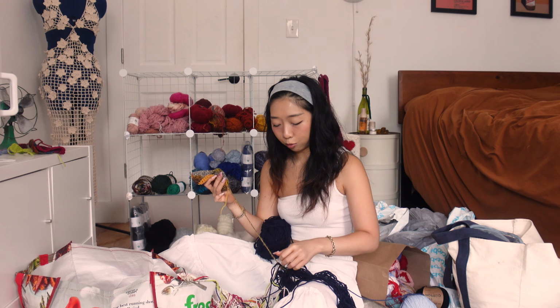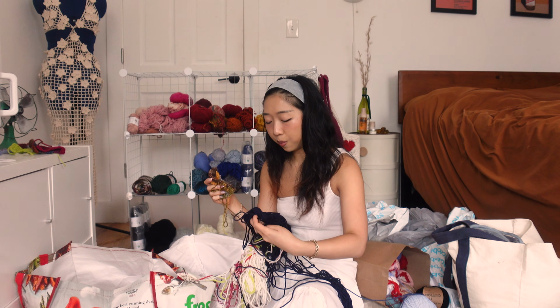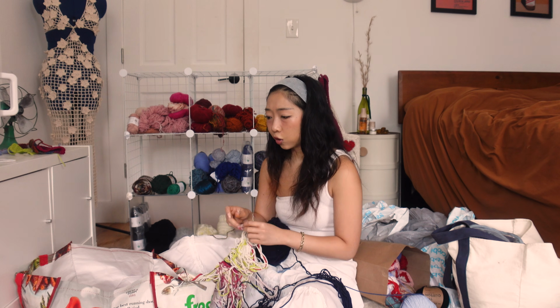It also depends on the item, right? If it's some loose sweater, I think it's pretty easy to just scale the measurements up and you'll be fine. But a lot of the pieces I make are a little bit more form-fitting. Women's bodies especially are so different. So one of the